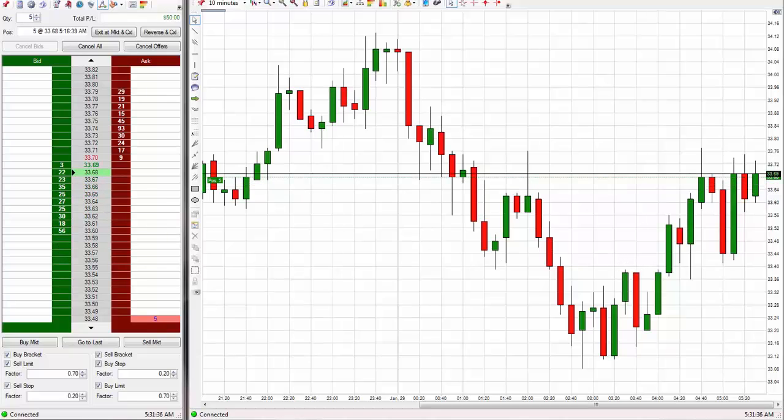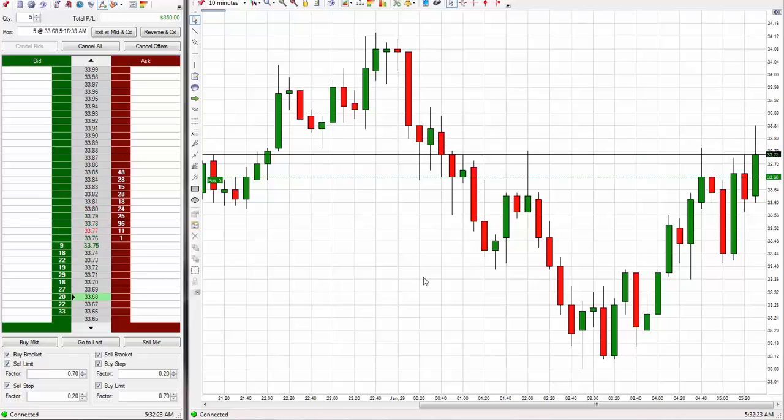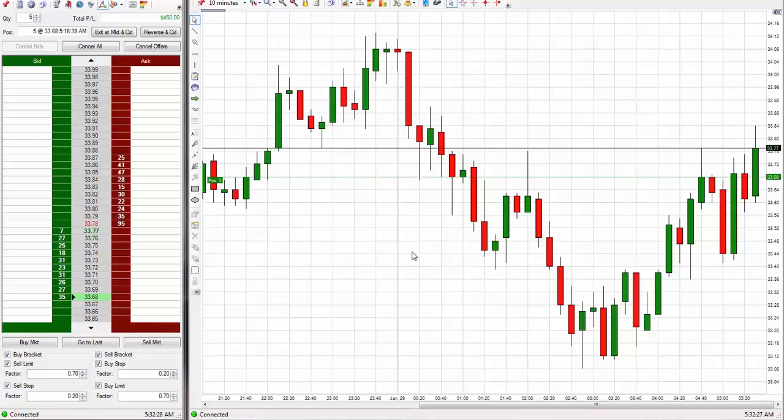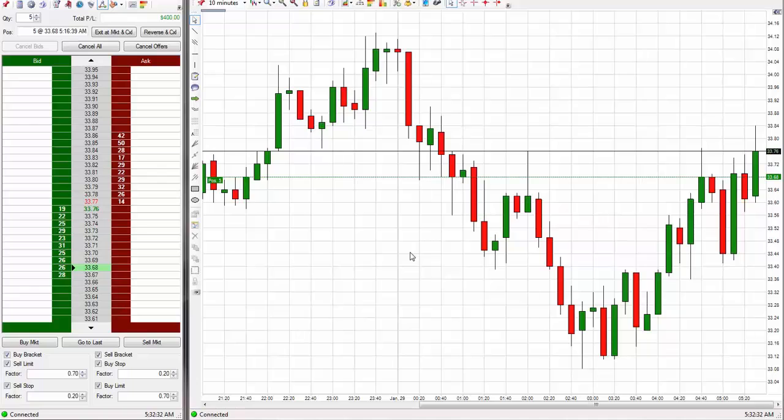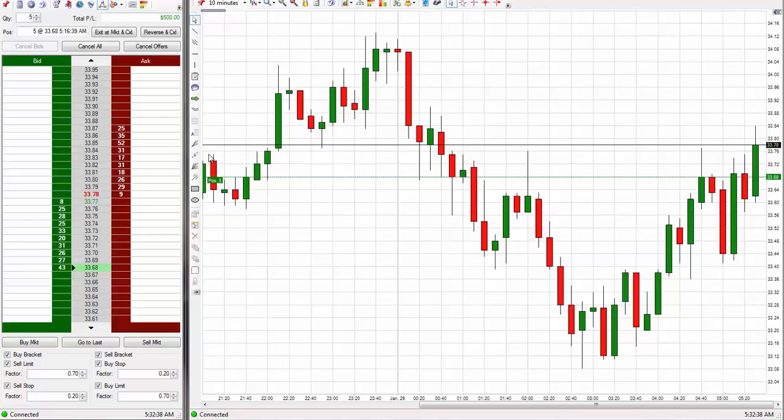I'll be back. Okay, here it goes. It's shooting up now. I think I'm just going to go ahead and keep this 70 tick exit on it, unless it really shoots up here. If it just starts going straight up, then maybe I'll go ahead and go for more. Otherwise, I'm just going to keep the 70 ticks on it.